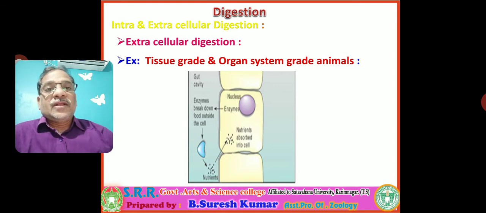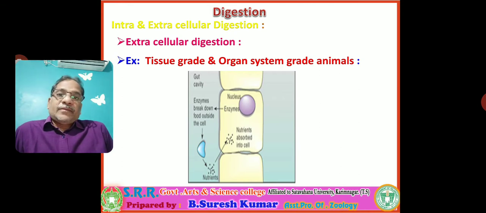Is it clear? So what difference do you find between intracellular and extracellular digestion? In intracellular digestion, the hydrolysis process takes place inside the cytosol. But in extracellular digestion, the hydrolysis process takes place outside the cell. Of course, digestion is a hydrolytic process. Both are hydrolytic processes, but the location is different: outside one and inside one. So that is intracellular and extracellular digestion. Is it clear? So next,